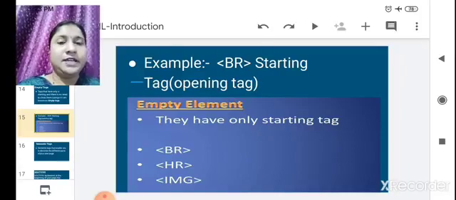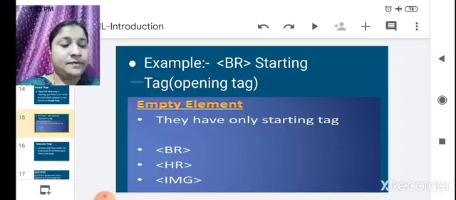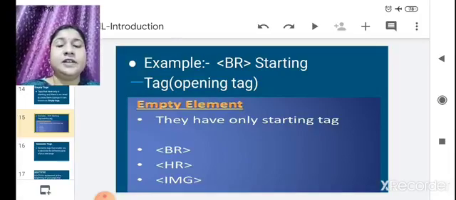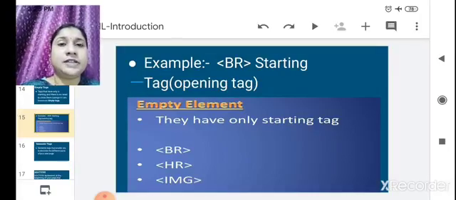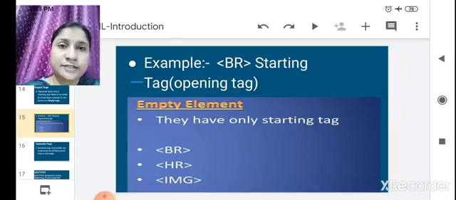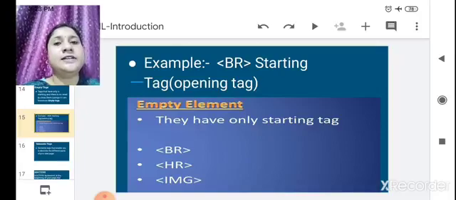Nowadays HTML is used by major browsers like Safari, Chrome, Firefox, Opera and Internet Explorer. Then we also saw the features of HTML, that HTML can be written in either lower case or upper case.